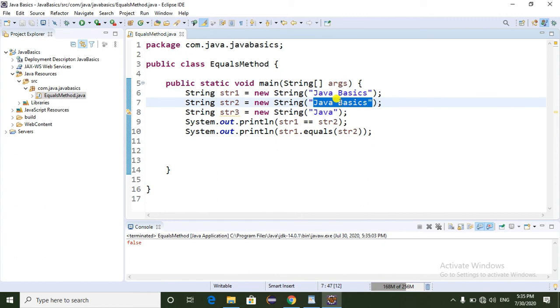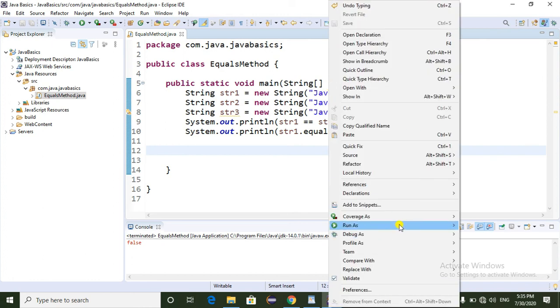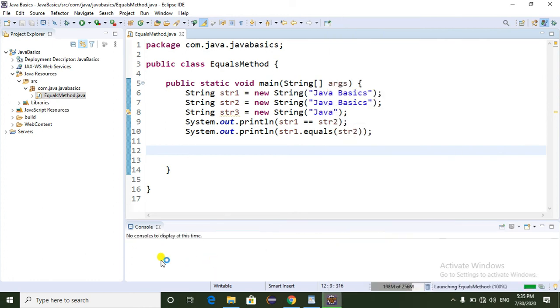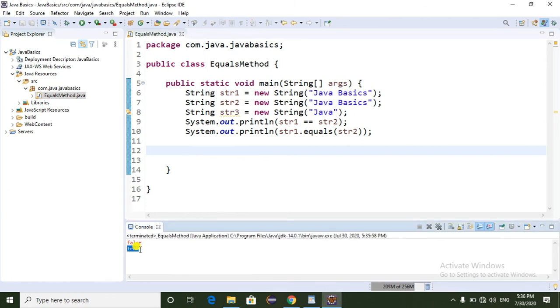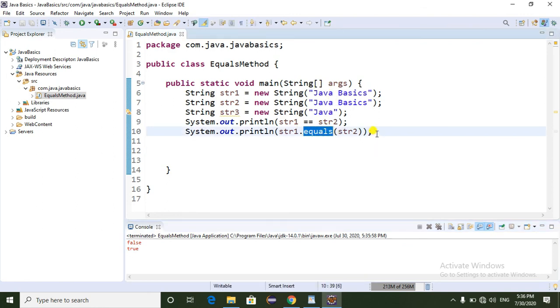Here both contents are the same, so it should return true. Run as Java application. Here it returns true, because the content of both string objects is the same. That's why the equals method returns true.